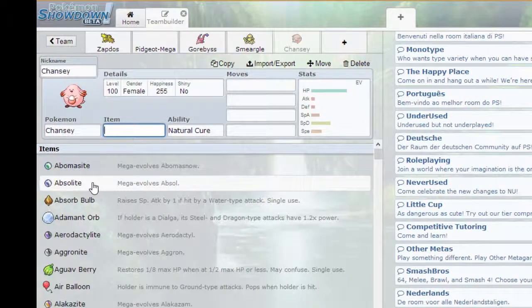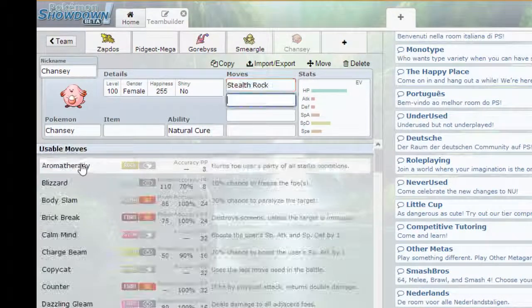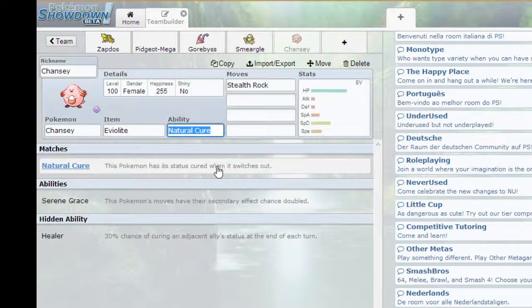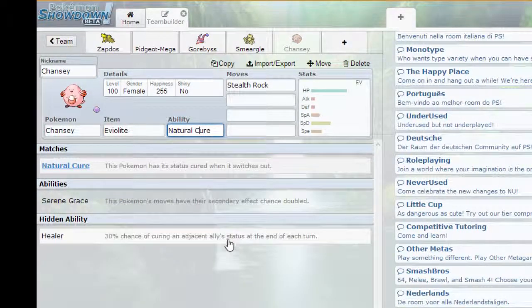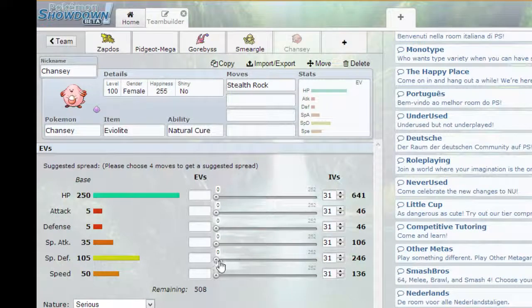And it sets up Stealth Rocks, so Stealth Rocks. Item, Eviolite. Ability, Natural Cure, Serene Grace, Healer. Okay, well, that's obviously not being used here. Natural Cure is definitely a more powerful ability. I think we run...